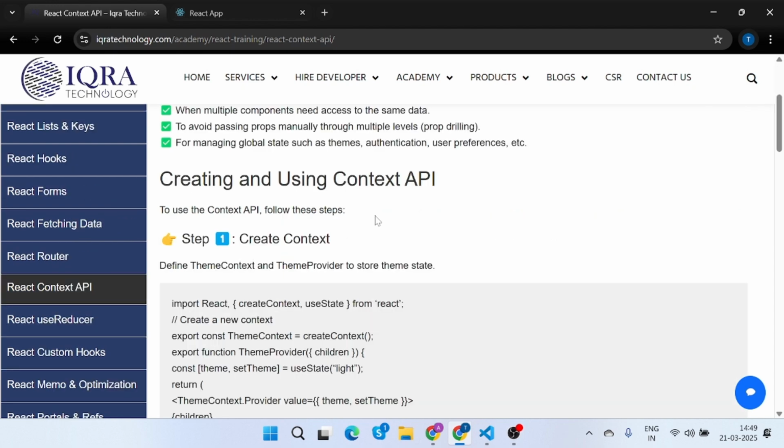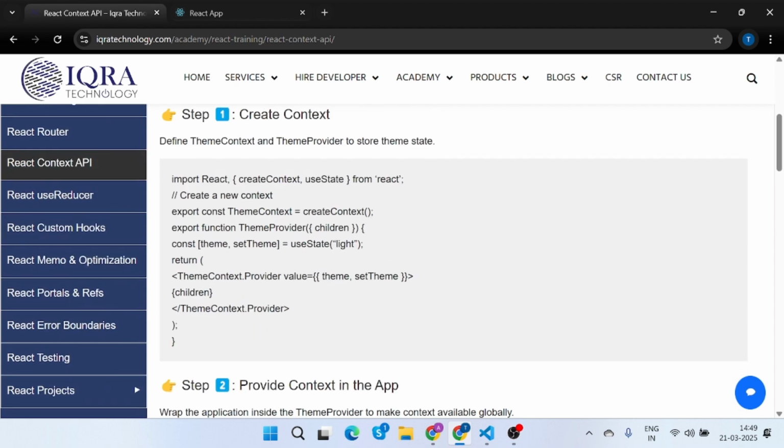So here is the first step: create a context. First we create a new context and a provider component to manage state. You can see here we have the code. We import React, and useState from React. Now we create a new context, export const ThemeContext, using the createContext function. Then we export function ThemeProvider, which takes children, and here we have theme and setTheme